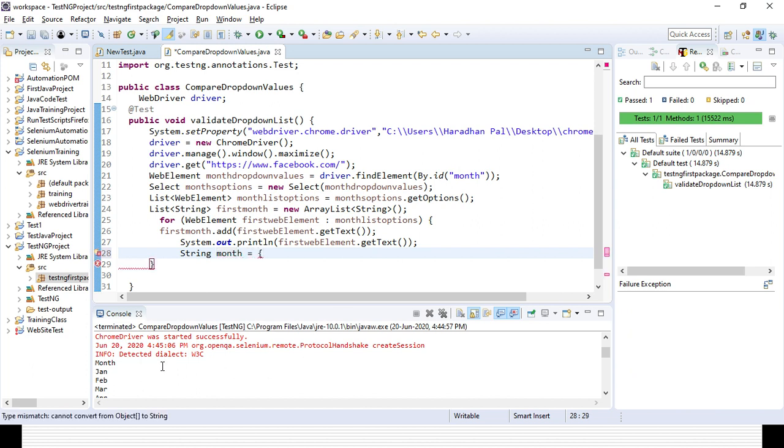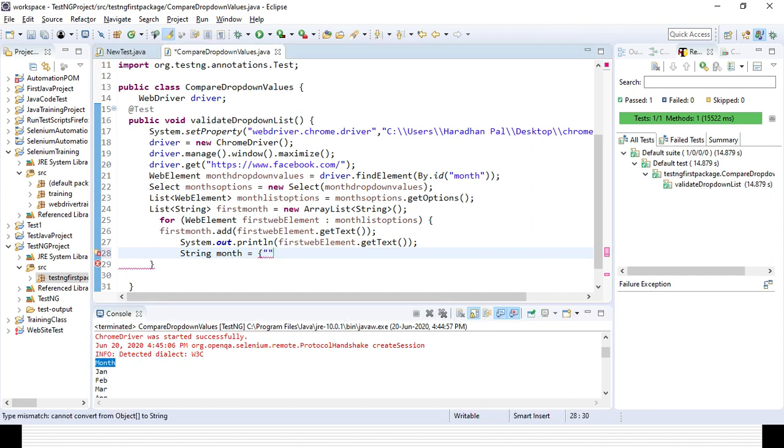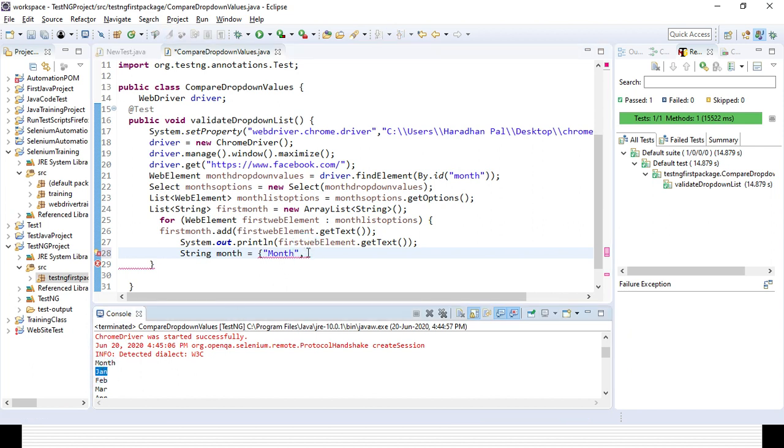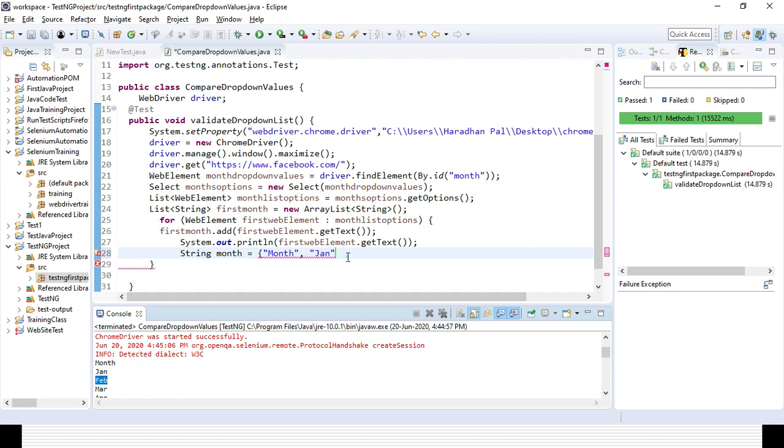I can store them here one by one, comma. So 13 options are there, so I can store one by one. And I want to validate whether the expected is actually matching with whatever is coming, the expected, right?